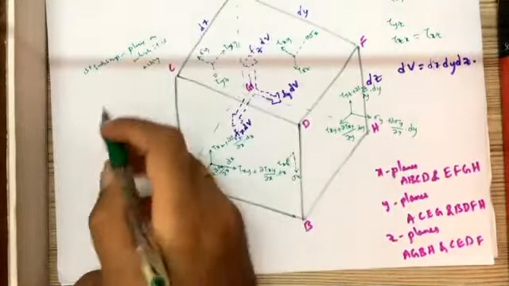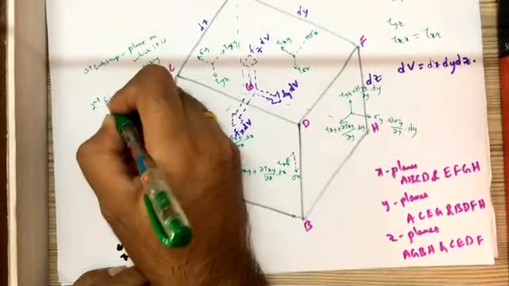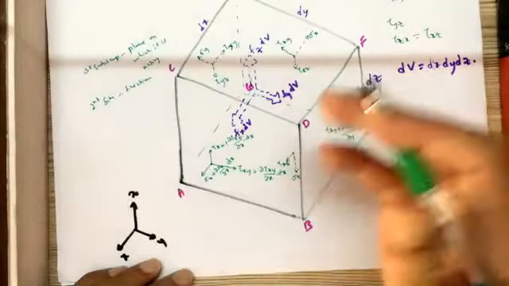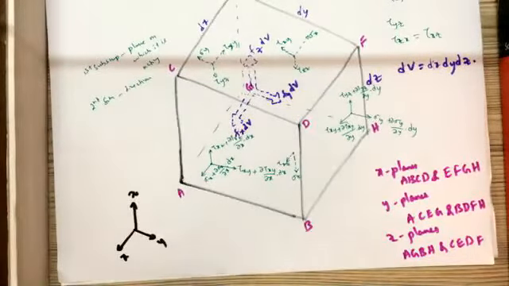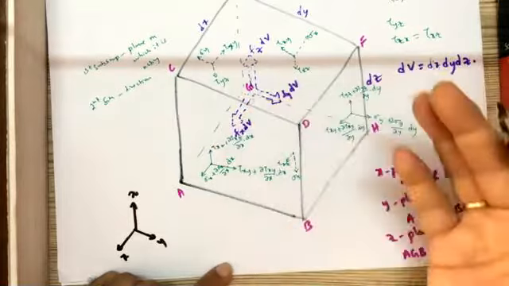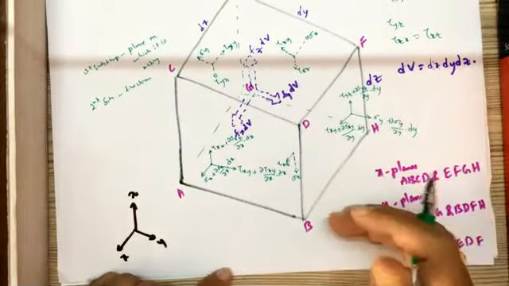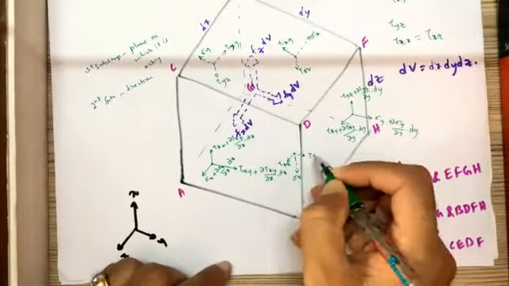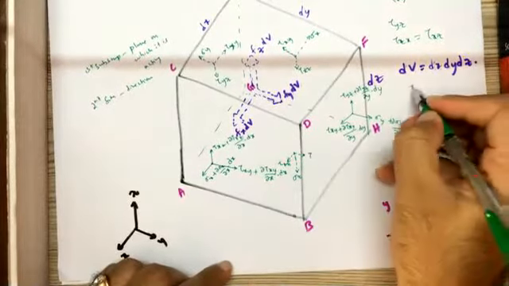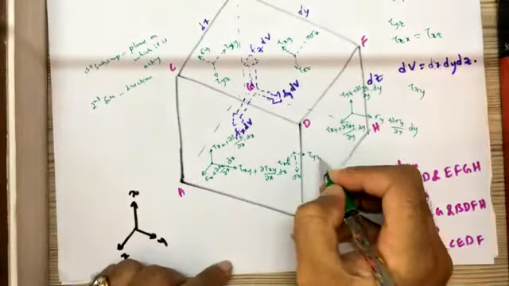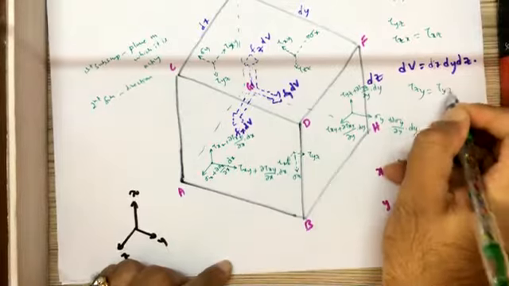The first subscript should be the plane and the second subscript should be the direction, whether positive or negative, x, y or z. But we know tau xy is tau yx, tau xz is tau zx, and tau yz is tau zy, so no need to worry. Similarly in the y direction, the shear stress acting on the z plane should be tau zy, so I can write it as tau yz, because tau zy is tau yz.